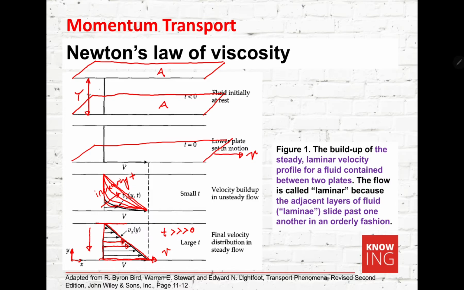there is a velocity gradient developed here. As you can see, the velocity increases in the direction of negative y. So if I mark that dvx per dy is positive in this particular direction, the force or the momentum transport applies in this direction. So this is the direction of the, I would say, momentum transfer.